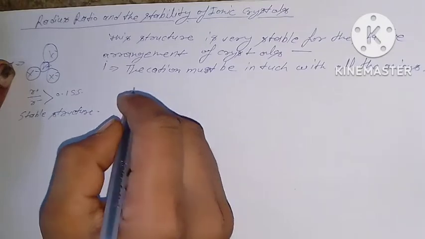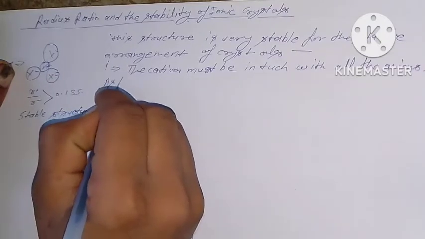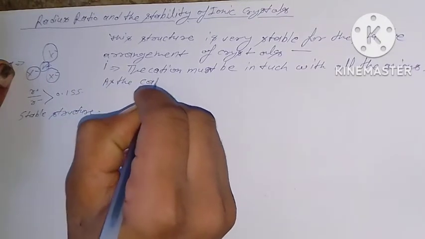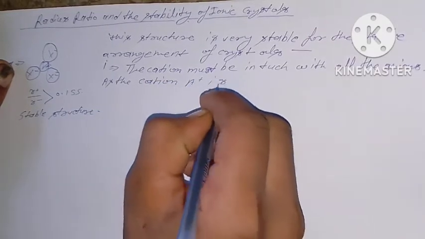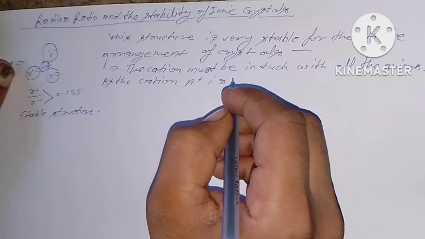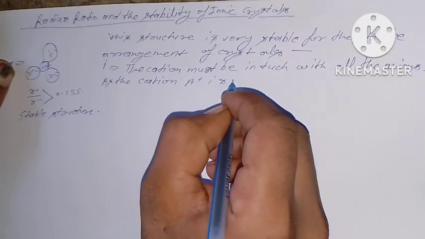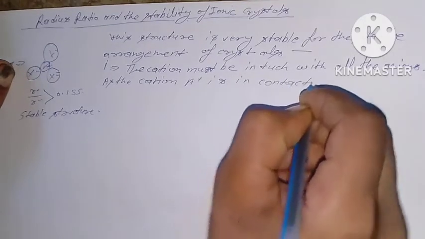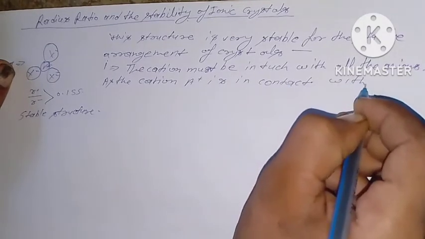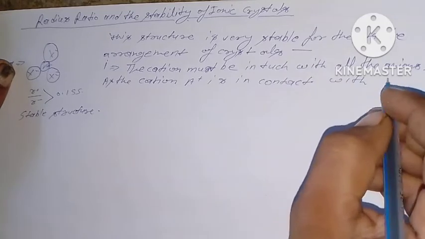As the cation A positive is in contact with three negative ions,